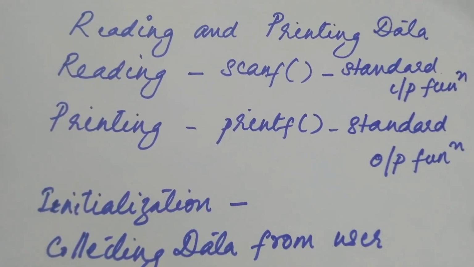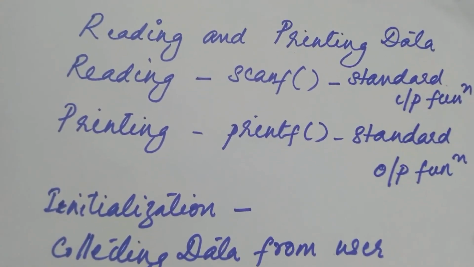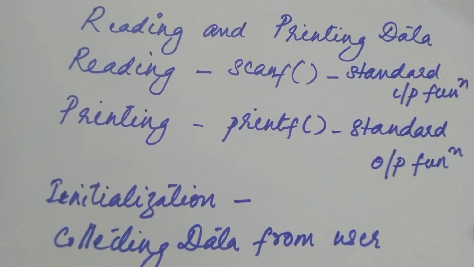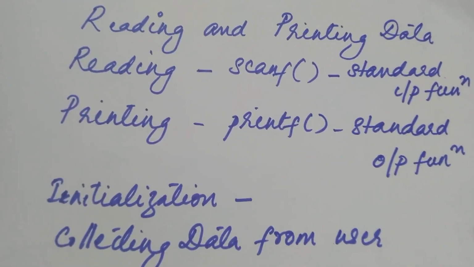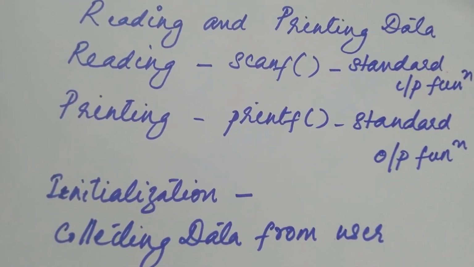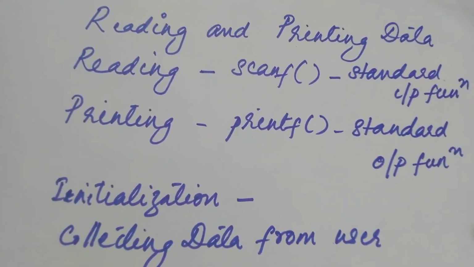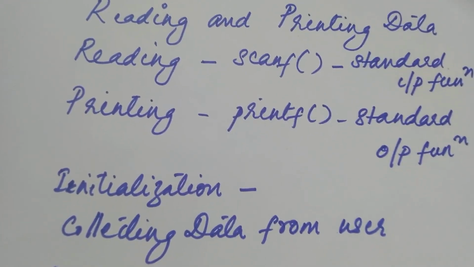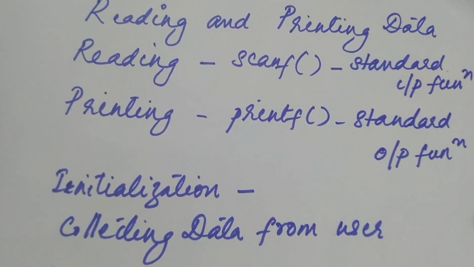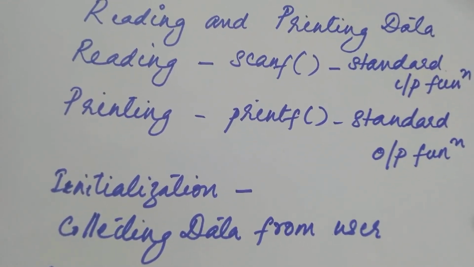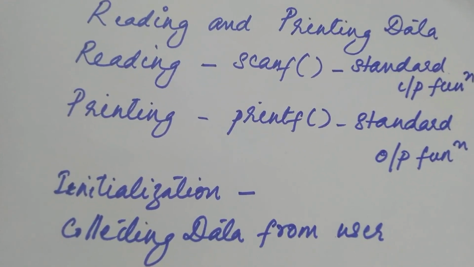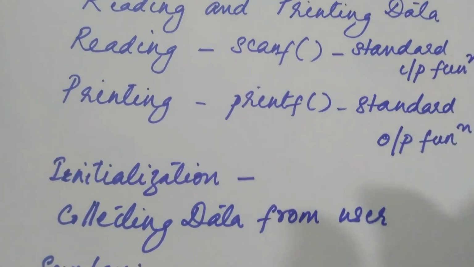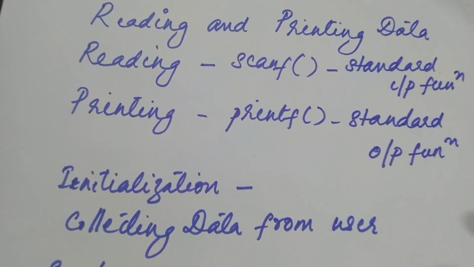In the last video, we have been discussing how to declare a variable. In this short video, we will learn how to read and print data. We know that in a program, reading and printing are the two important processes. In order to calculate anything, we have to provide some data, isn't it? So you have to collect the data from the user and it should be stored in the memory of the computer. And also after calculation, the output should be printed onto the monitor so that the user can see the results.